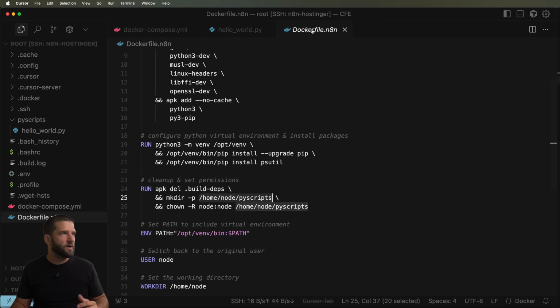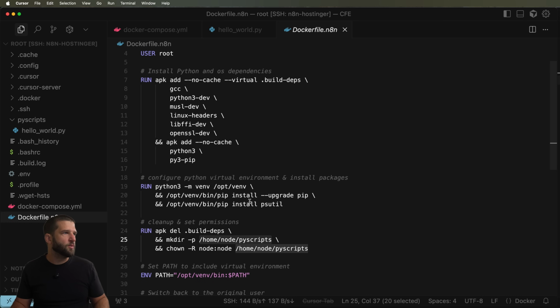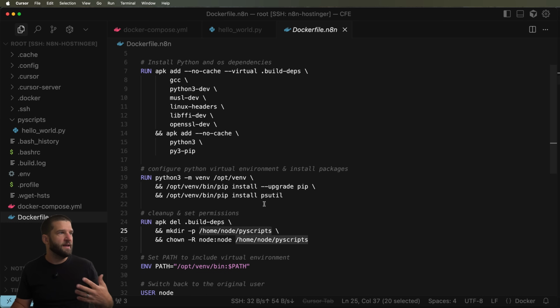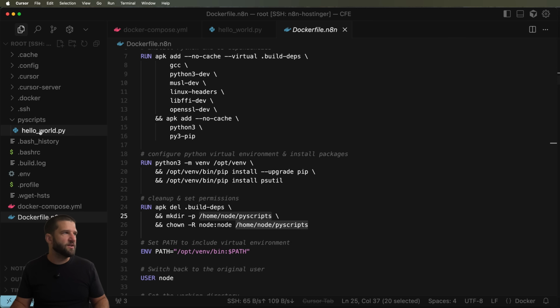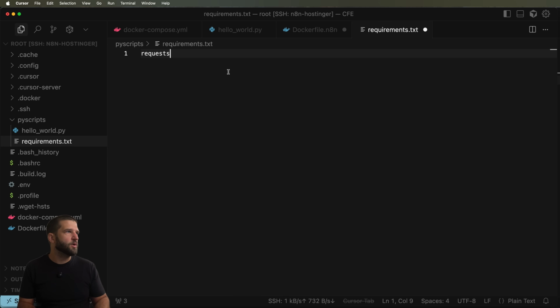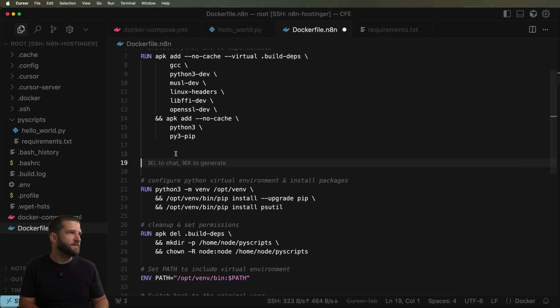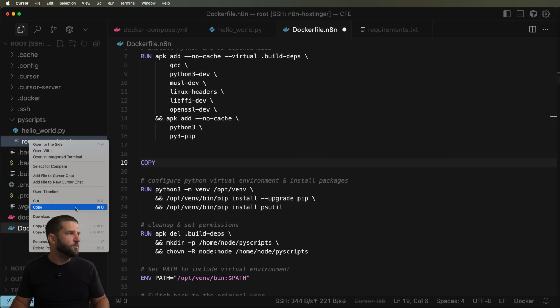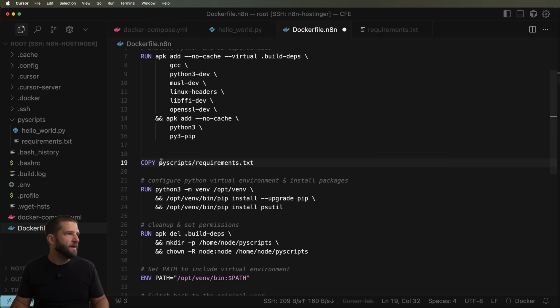Now, the other point of this, one of the key things would be to make sure that your requirements for whatever those PyScripts are is going to be available to you. So that's another thing you might want to consider doing with the copy command. So for example, if I came into PyScripts here and did requirements.txt, and I'm going to go ahead and bring in Python requests, for example, just a really simple one. Then back into my Dockerfile, I will need to do something like this, where we're going to copy, and then we grab the relative path, copy relative path here, and that's going to be / relative path. Great. I'm going to put it into temporary, and then requirements.txt,